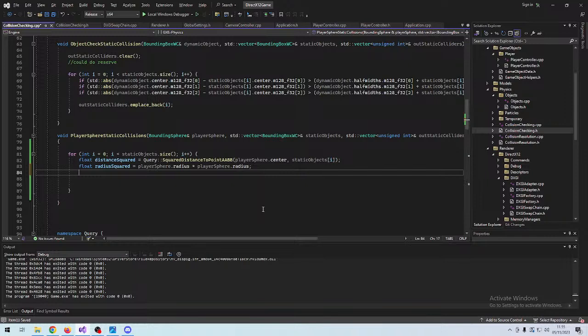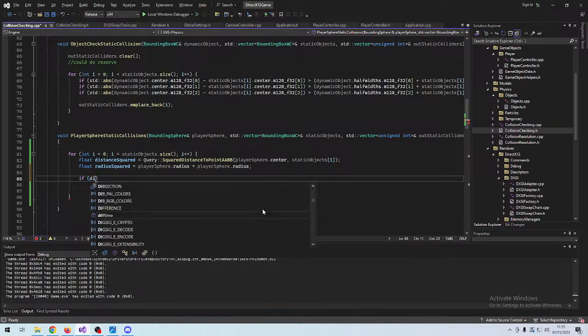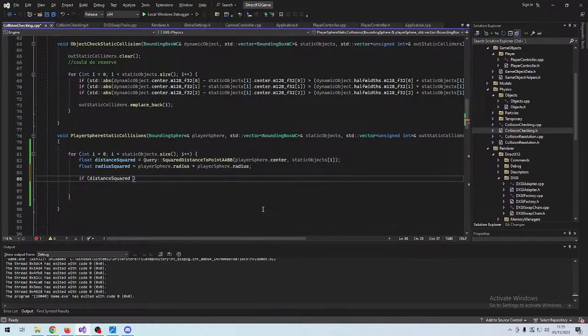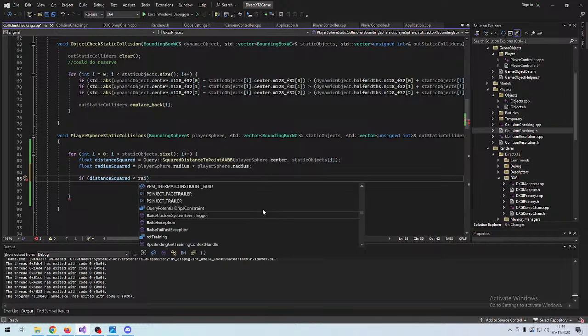And if the distance squared is less than the radius squared,